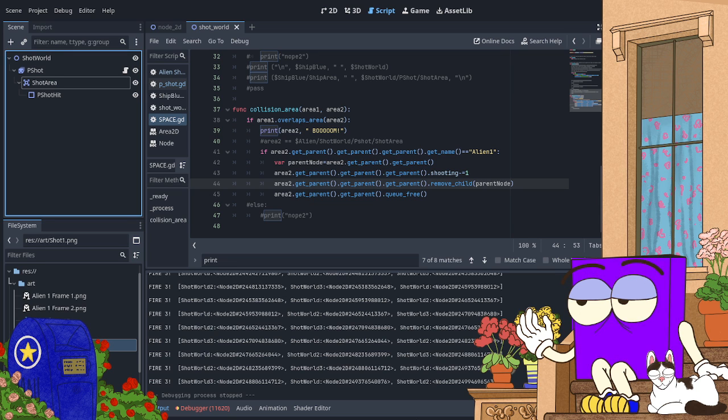Desktop, space deflators, art, ship blue. Huh.